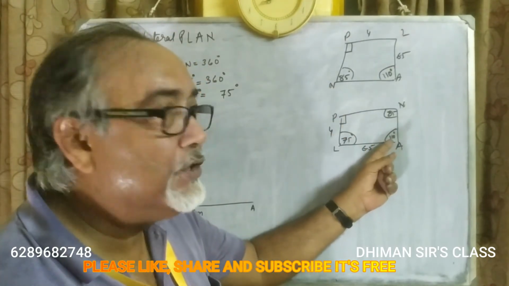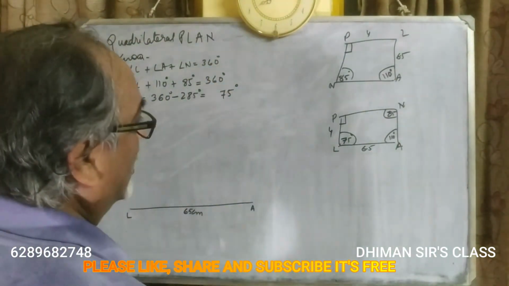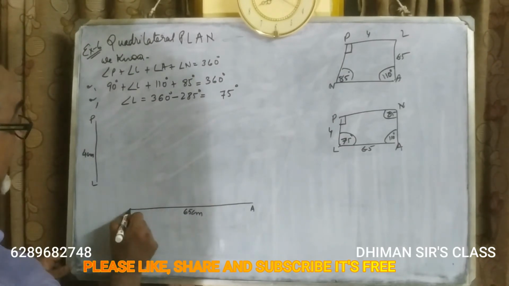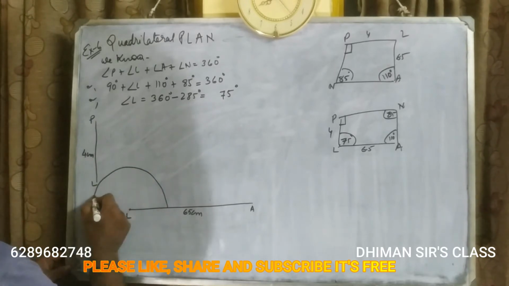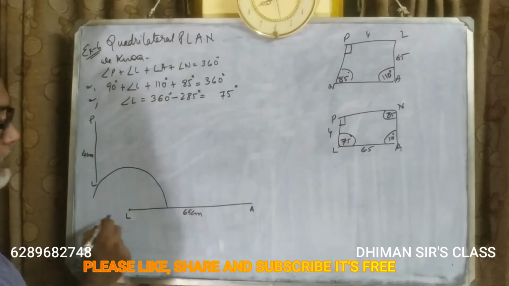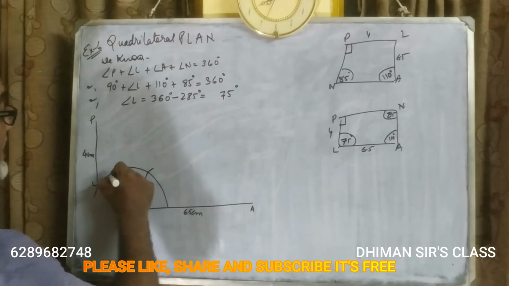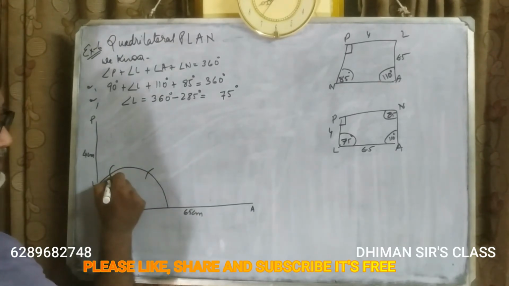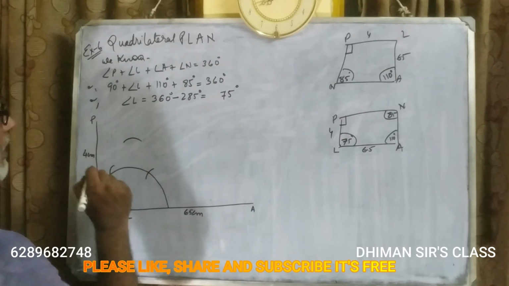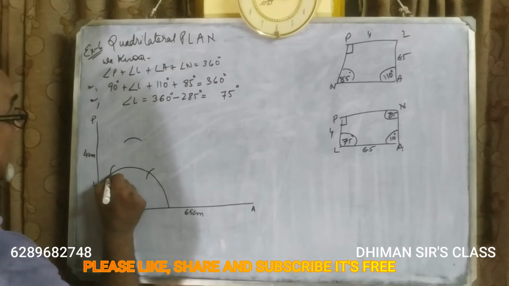So sir, how shall we draw this? Don't worry, I am here. See, first let us draw angle L as 75 degrees. How to draw that we all know. Put the needle here. Let this be the main arc, any measurement. Now don't change the measurement of your pencil compass. Put the needle here with the same measurement, draw an arc like this. Put the needle here, draw an arc like this. Now put the needle here with the same measurement. Now all measurements will be the same. Put the needle, draw an arc.